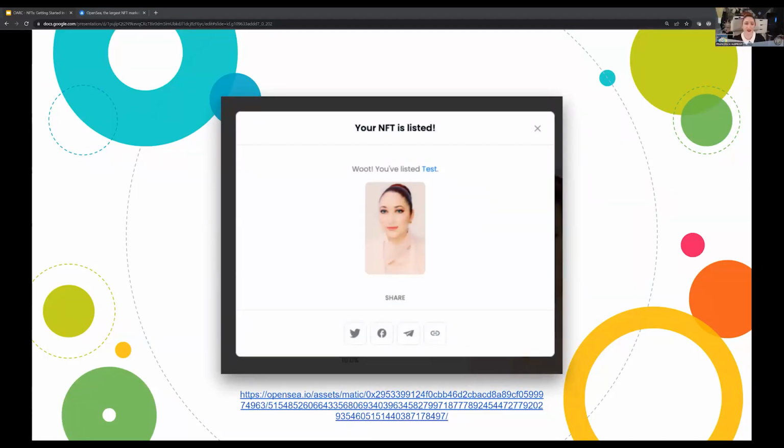Now you've successfully listed your NFT. You can share it to get people interested in it. The one thing to note is that you can't sell your NFT via auction, like I said, when you're listing on the Polygon blockchain. If you've listed it on the Ethereum blockchain, you'll have that option, but not on the Polygon blockchain. This is sort of one of the drawbacks to using a free listing blockchain platform.